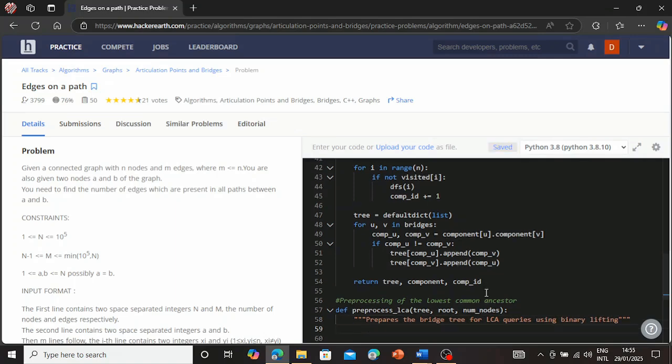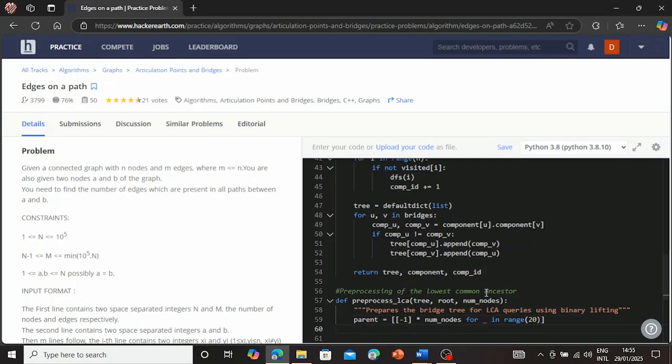So now we have parent equal to minus 1 multiplied by the number of nodes, for underscore in range 20. Then we'll have depth is